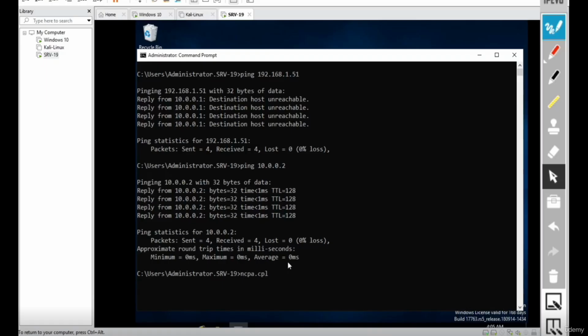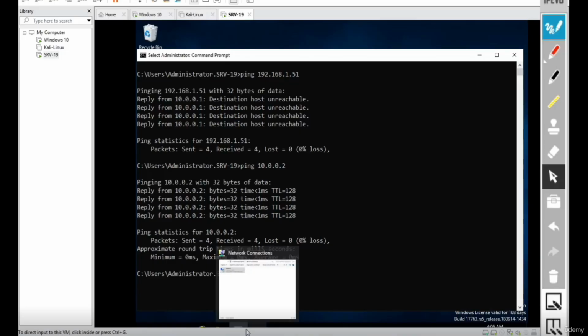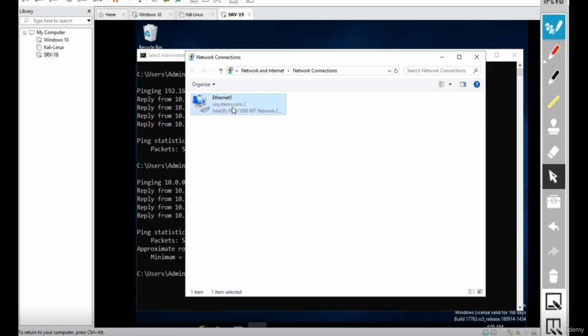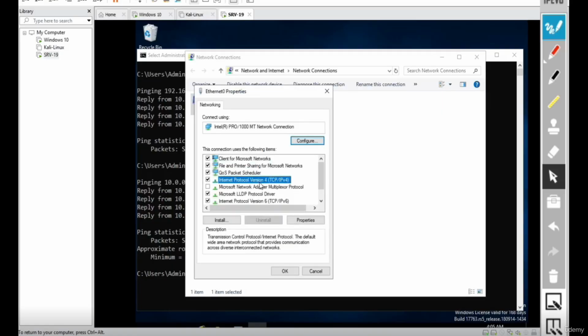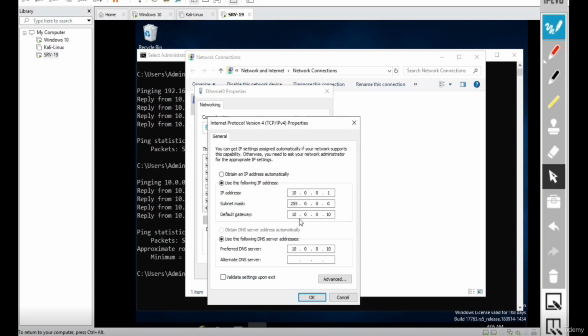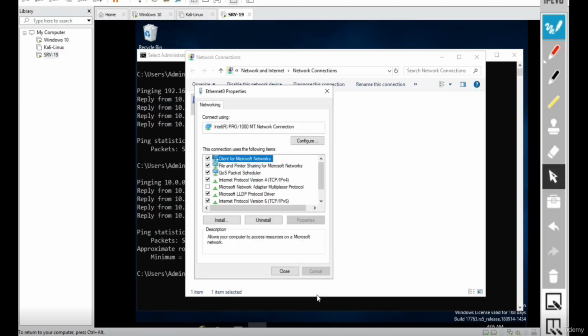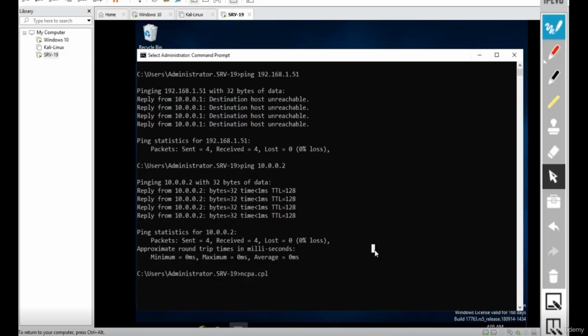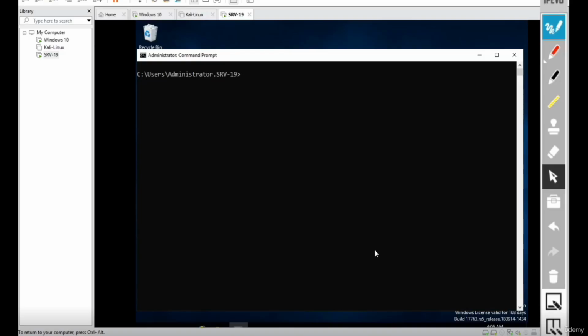Now I'll show you one more thing over here. Open the LAN card over here, go to Properties. Again on the Internet Protocol, click on Properties. I will show you how to do that automatically. So again, I put everything on automatic mode. Over here, I'll just close it. Once it is done automatically, I will clear everything, and then